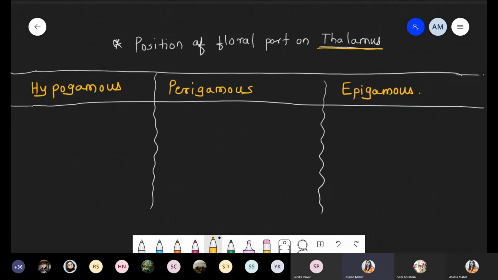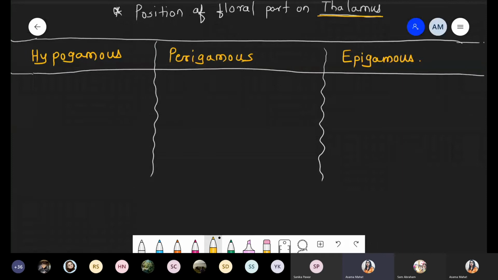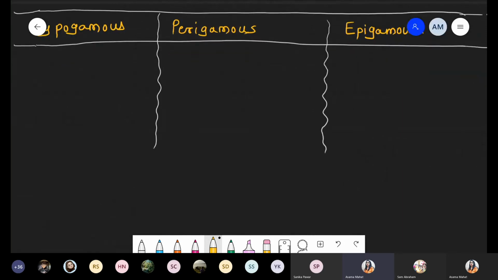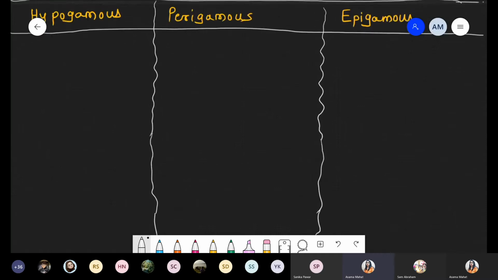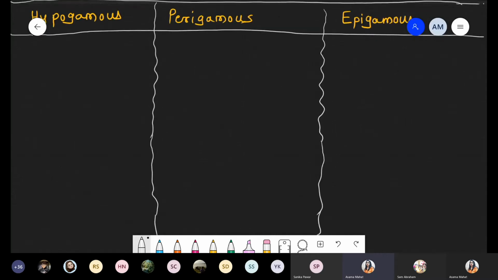So just give some place. For example, this space is sufficient because we want to draw a flower structure. Okay, so I'm giving some space, and first of all, I'm writing the information, and according to the information, we construct the diagram. Chalo. So please keep a little space on top, because we just want to draw a single flower. Okay, so now in this condition, first of all, I'm writing certain information. See, मैंने इतना place रखा है, this place. Okay, this is for the diagram. So please keep some space, and below that, please write down this information.